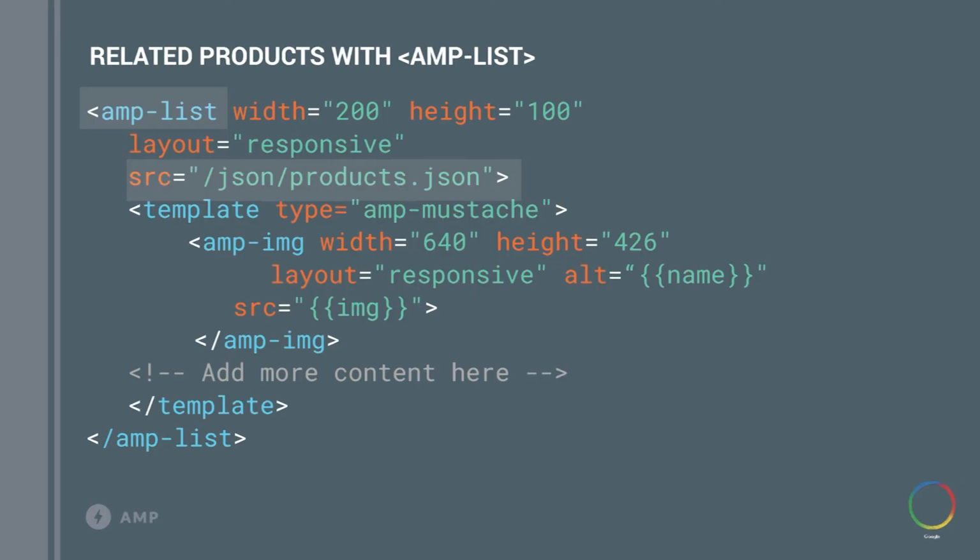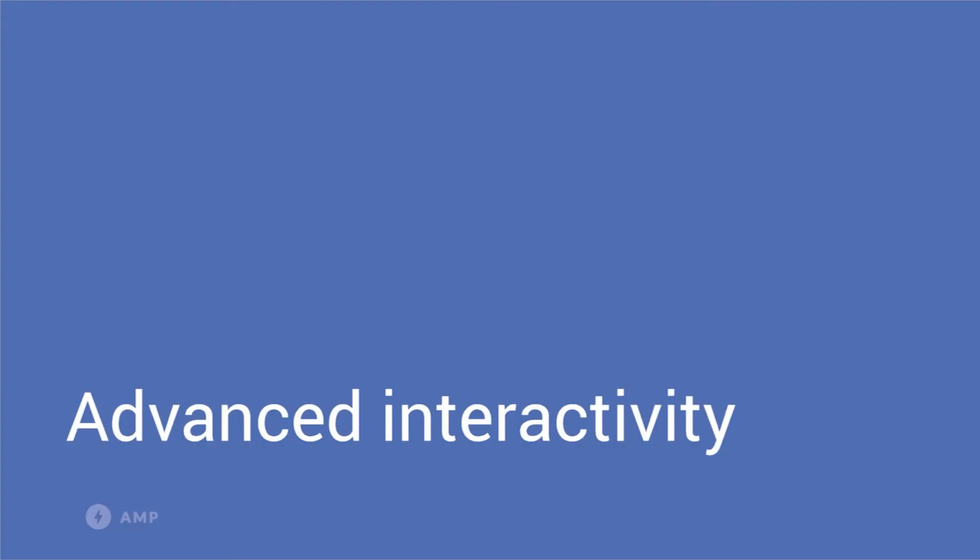Next slide. Okay, cool. It is very intuitive to implement this. Add your own endpoint URI in the source attribute at the AMP list element, and use the response data in the mustache-js style template. I make many demos of AMP, but it's so easy to use and I love it. I would definitely evaluate AMP as an A+ framework, with all the things that AMP can do, with the things that